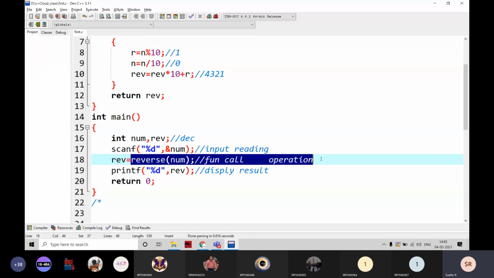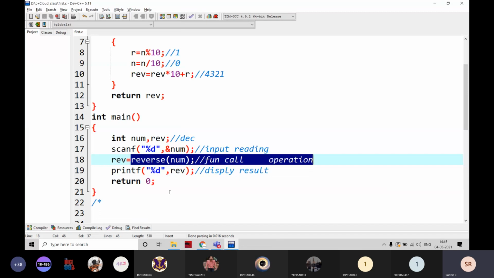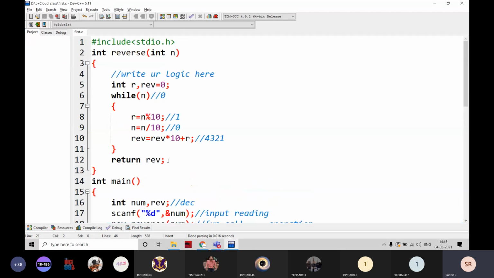Now I am going to print the value. Is it clear? Yes, sir. Is it clear, students? Yes. We have to know about the function concept also using this one. Yes. Note it down.